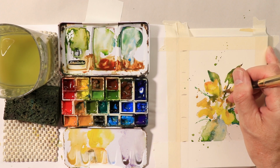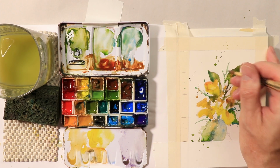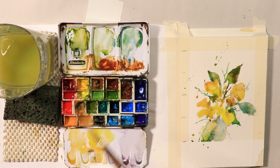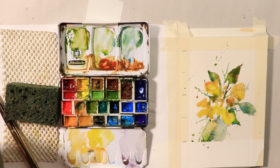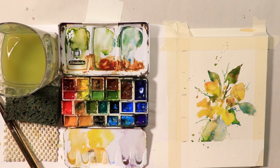Couple of stems, and that is it. Perfect. A couple of splashes if you want. I would change my water quickly here. Tell you what, let me take a break. I'll change my water out. This way I want to maybe let this dry just for about maybe 5 or 10 minutes, and